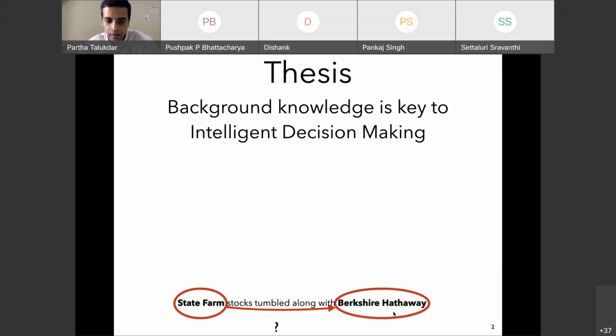Something called instances are State Farm and Berkshire Hathaway. There is something called a stock market where these company stocks are traded. There are prices associated with them, and then there is volatility. So none of that external knowledge, which is important to make sense of this particular sentence, is mentioned in the